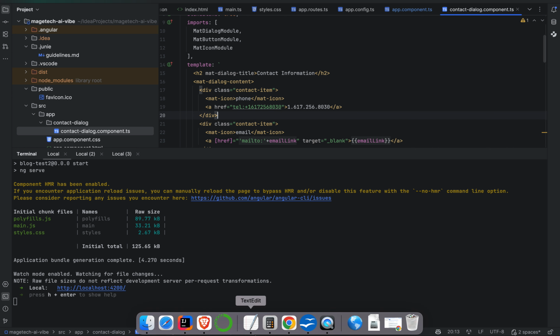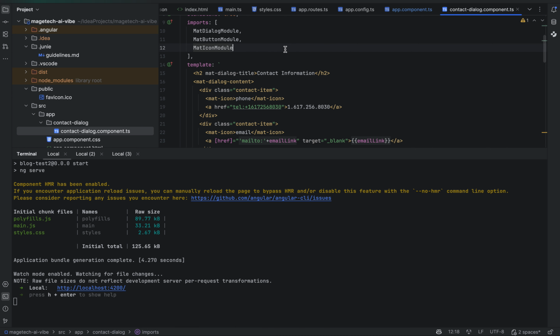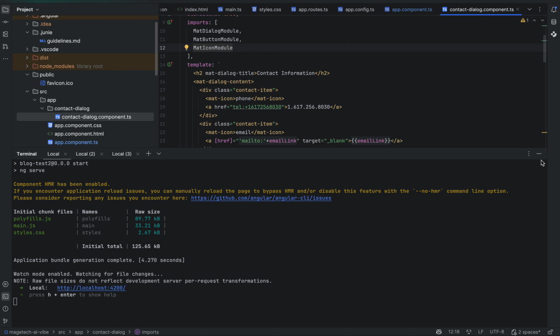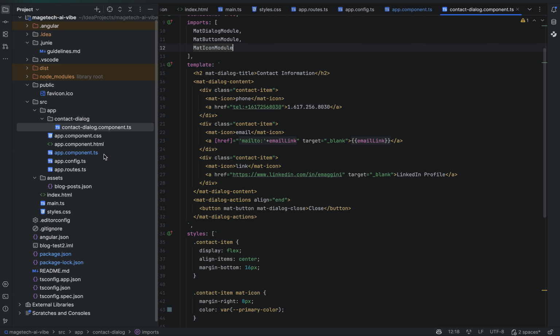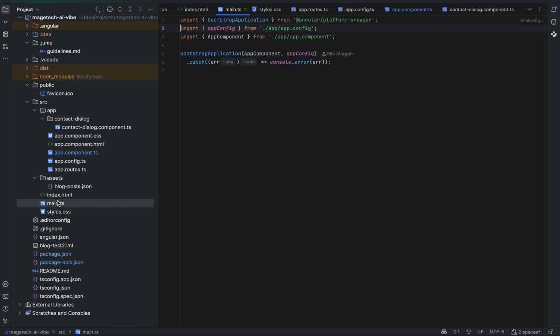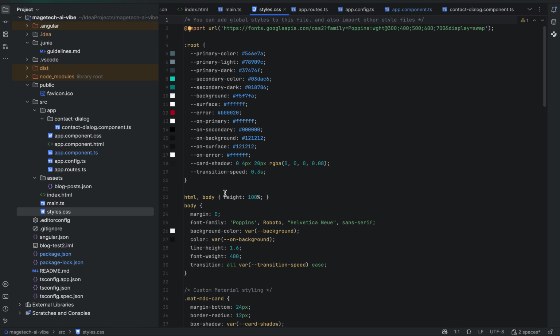Just a quick review of the current state of the code after some work with Junie. We'll just start from the top. Main looks reasonable. Style.css is a place where I would definitely do some work. Right now it's simply using CSS. I prefer to use SCSS